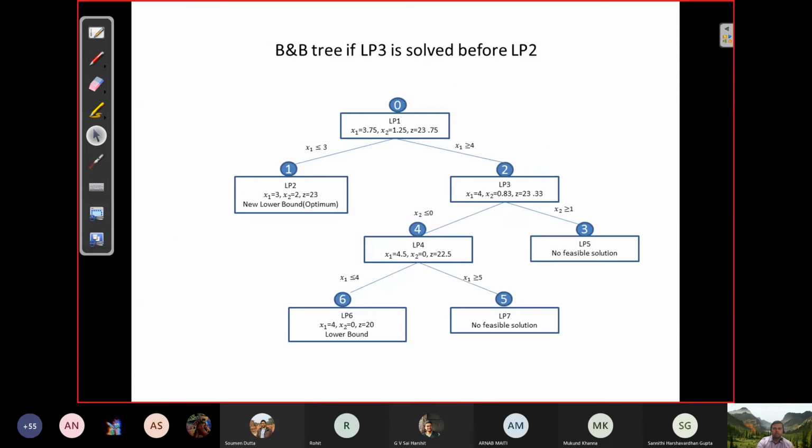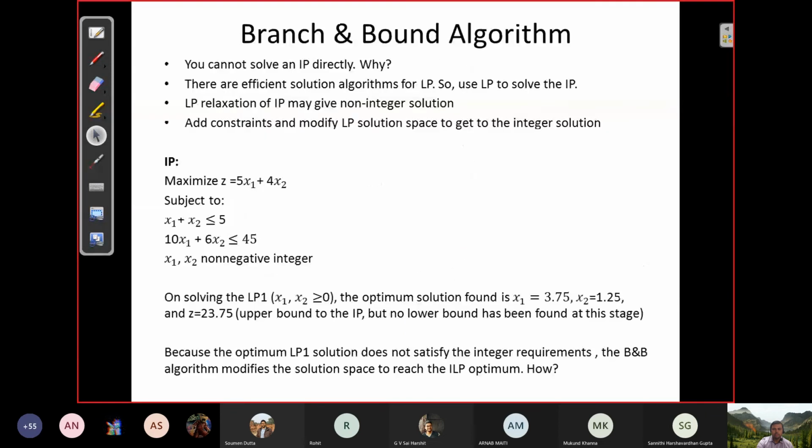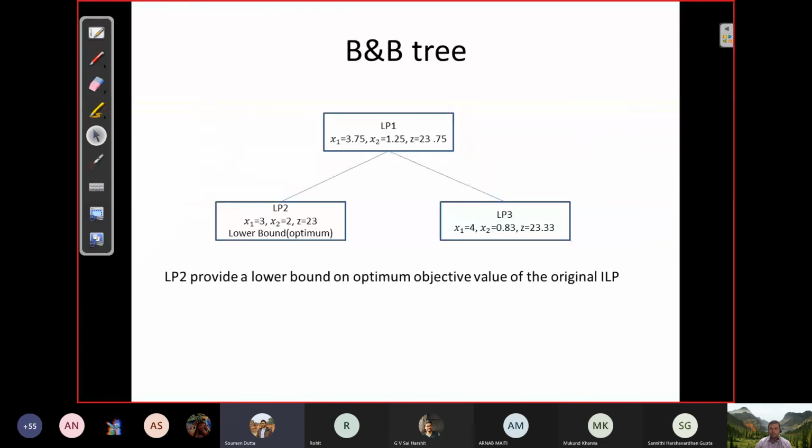So here we are, the branch and bound algorithm is now covered. Is there any question so far on this branch and bound algorithm? No, sir. Okay. Sir, can you please explain again when do we change the upper bound? Initially, we get the upper bound from the main LP problem, but how does it change during the